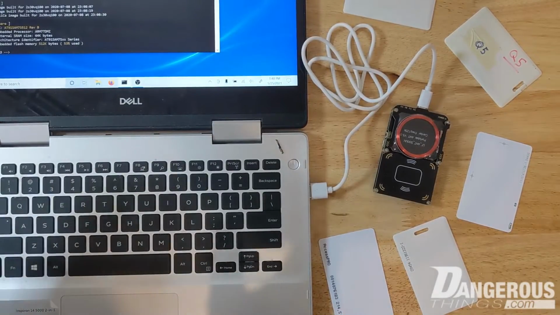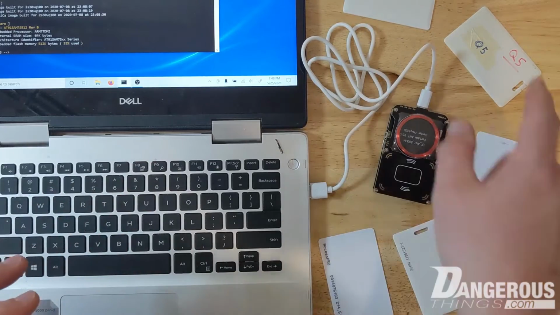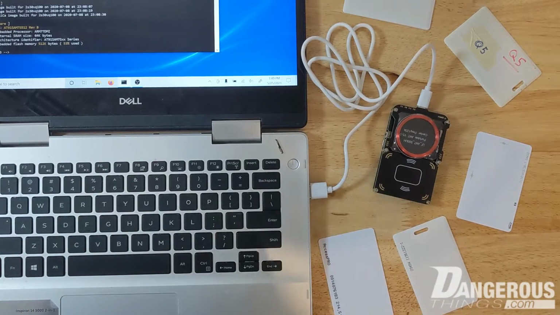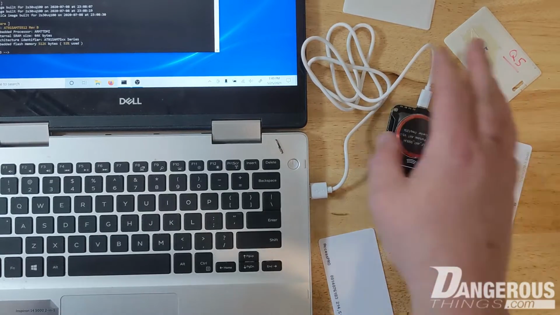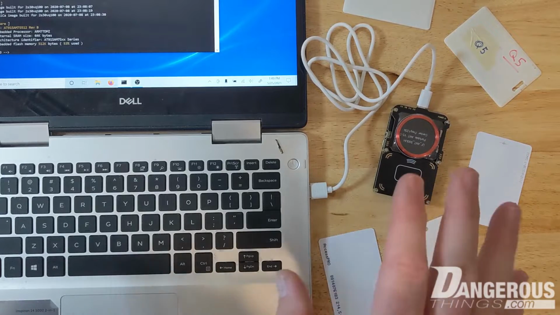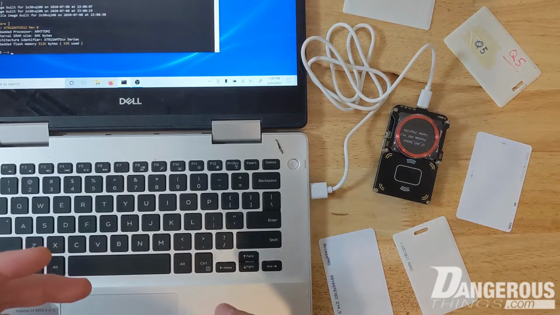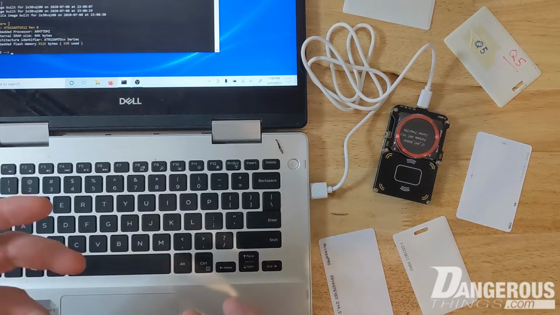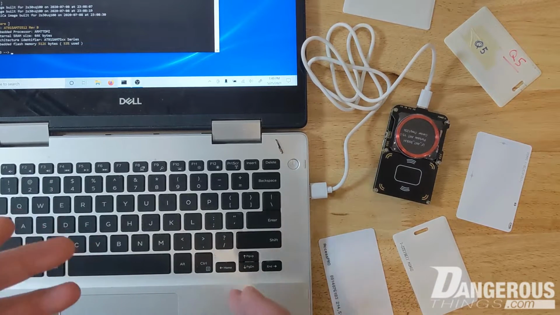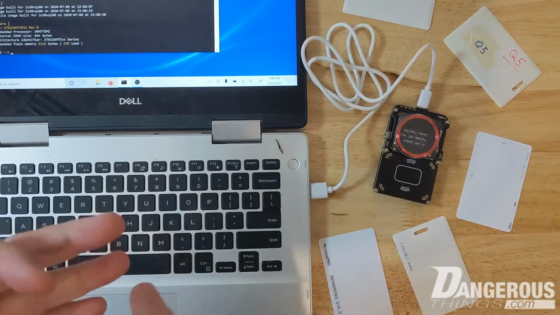In this video, we're going to talk about cloning, specifically 125 kilohertz or low frequency, different types of chips from cards into a T5577 in the next implant here. So we have a bunch of different types of cards, but basically they're all based on the 125 kilohertz frequency range, which has a couple different types of what's called air interface. It's a little bit technical, but essentially it just means how is the data communicated, how are the bits streamed out of the card to the reader,